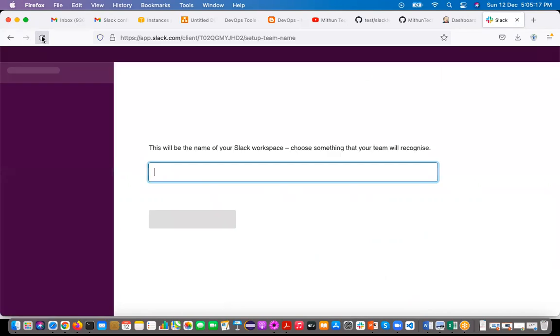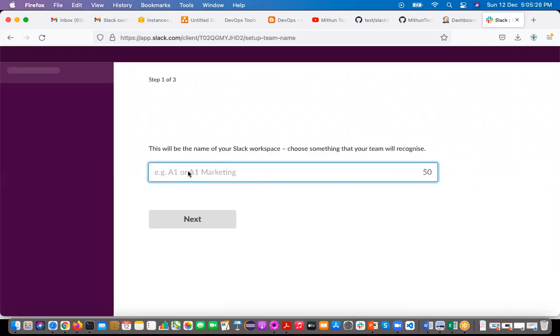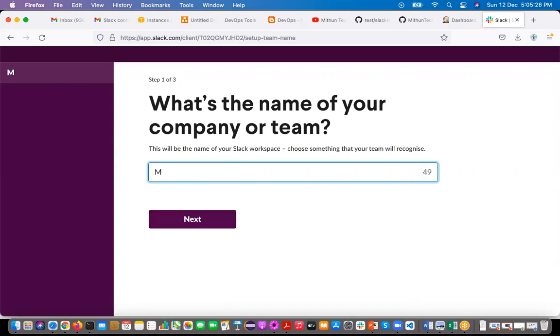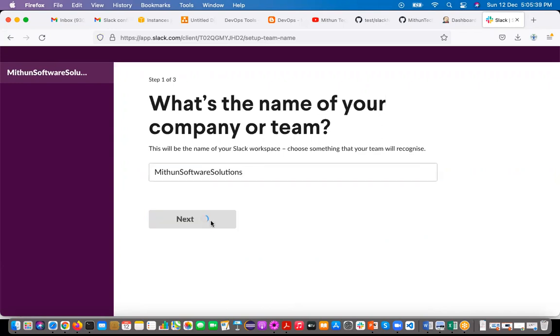Just refresh it. It is asking for the name. Still I didn't give it. Sometimes it is not going to load, right? So give the name. I'm going to give Mithun Software Solutions. Okay, click on next.